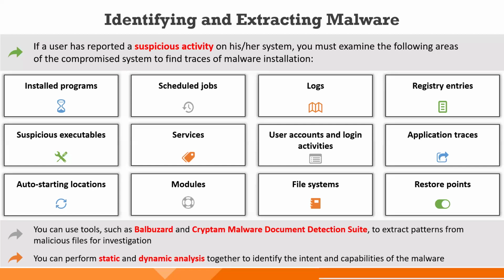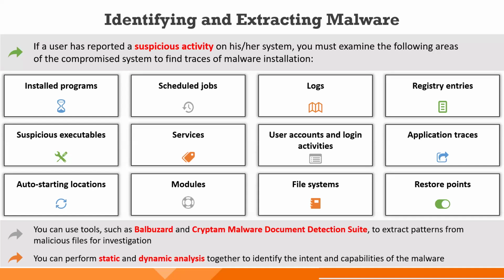File systems also: when you analyze the file system, you'll be able to understand the changes in the file system, whether by any chance there was any deletion, alteration, or modification. Registry entries majorly keep the log of activities of the computer usage. So if you analyze the registry entries, you are able to see any changes that were done at the registry level. Application traces,